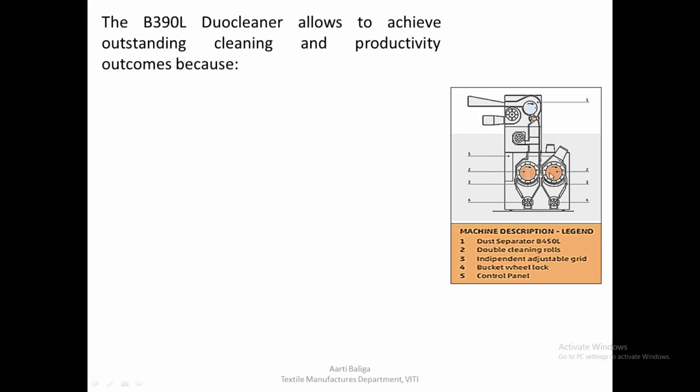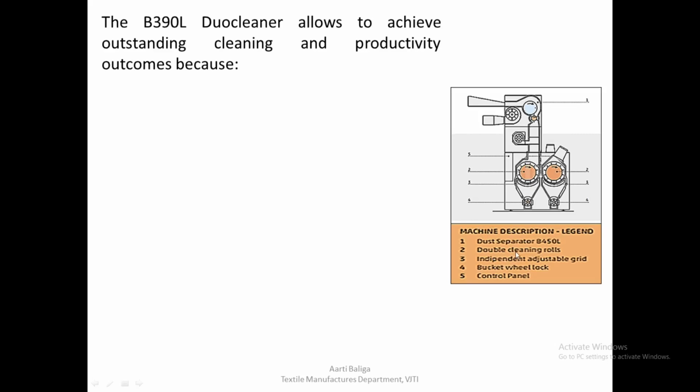Although it looks like a two-dimensional figure, we are not able to actually understand the passage of material. Although we have seen it in the earlier diagram, the material enters and spirals around these beaters in two split flows, and it is passed from one beater to the other, and then finally it exits the machine. So we can see here, one is the dust separator through which the material will first enter, and